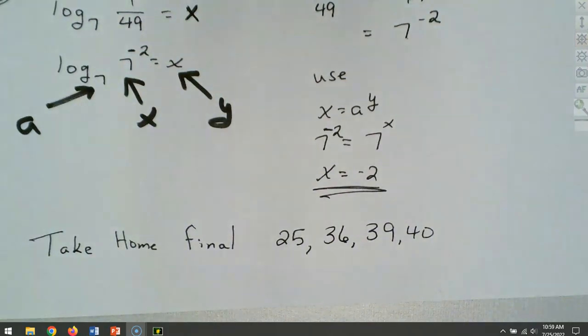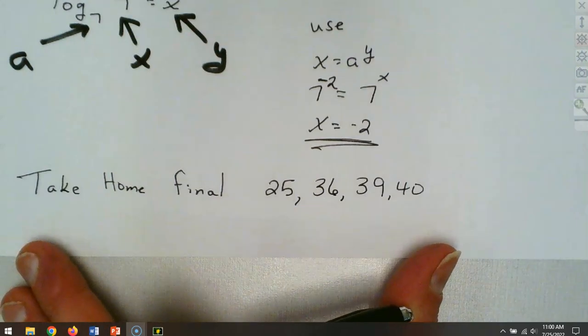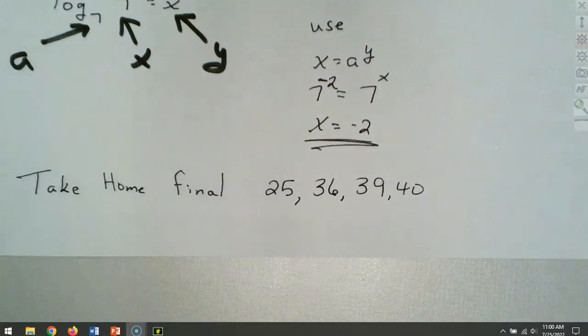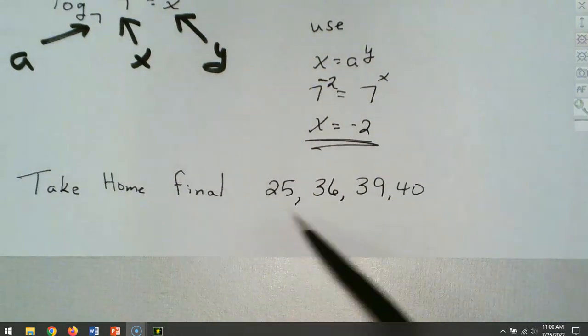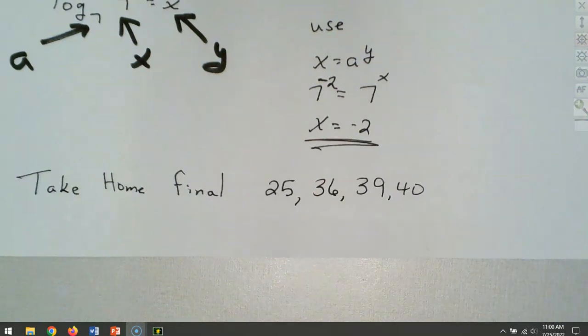I'll give you a few minutes to look at these. And we'll take a short break, I think just like a 5-minute break, come back and work these out. So are there some others we need to add? Are they the same ones? We've only got 4 of them, so let's just take a short 5-minute break, get up, walk around, we'll come back. These are on the take-home final. I'll work them halfway out for you. So let's just take